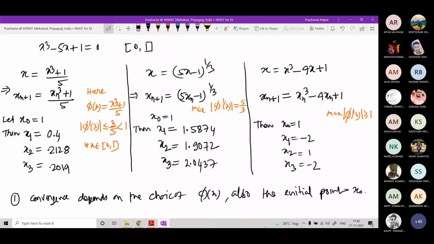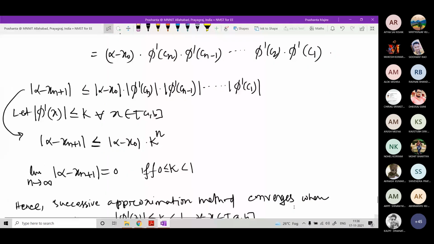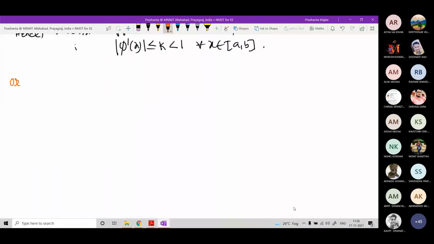Yes, sir. Okay, so next we are going to discuss order of convergence. Now this time I will be teaching you from the PDF. I will not be deriving all the results because the derivation will take a huge amount of time and there is not much to understand. I will be explaining from the PDF. So order of convergence tells you how quickly a method converges towards the solution.